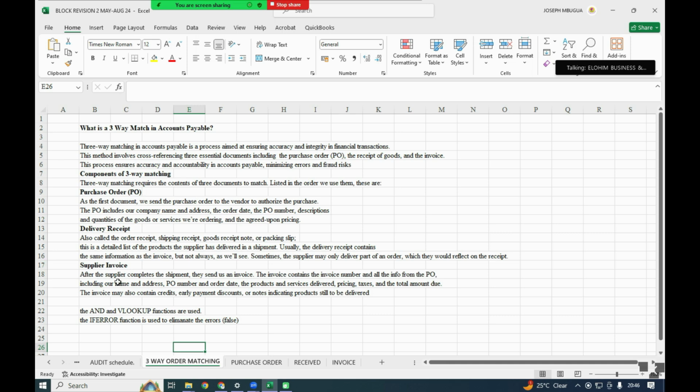So supplier invoice: after the supplier completes the shipment, they will send us an invoice. The invoice contains the invoice number and all the information from the PO, including our name and address, PO number, and order date, the product and service delivered, pricing, taxes, and the total amount due. This invoice may also contain the credit, early payment discount, or notes indicating product still to be delivered. So those are the three documents that we normally consider: purchase order, delivery receipt, and the supplier invoice under the